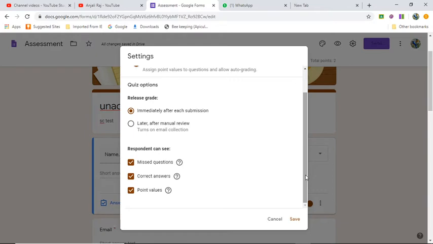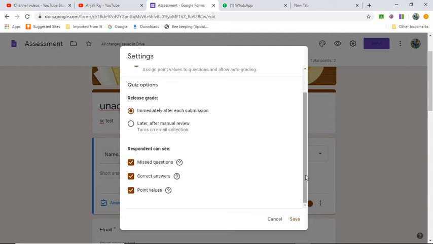For short answer questions, I think auto grading will not be very effective, because it needs the exact answer. Like if you have written dispersed phase and dispersed medium as the answer key, Google will search for only those particular words.